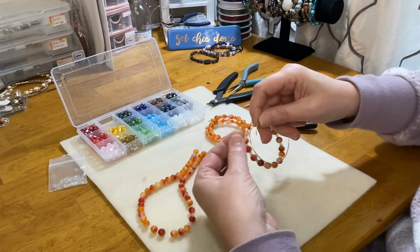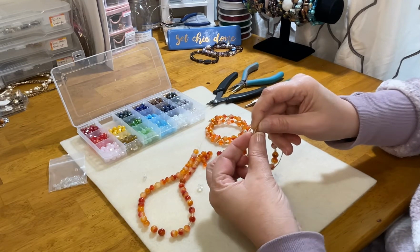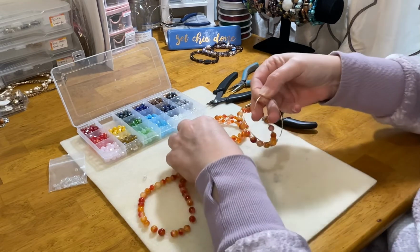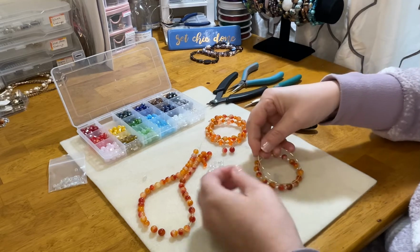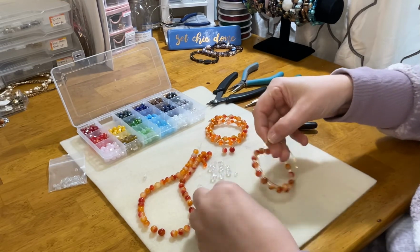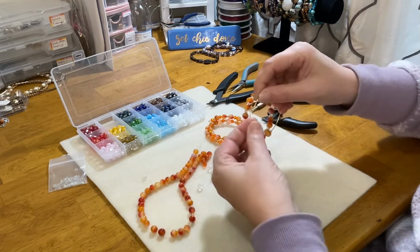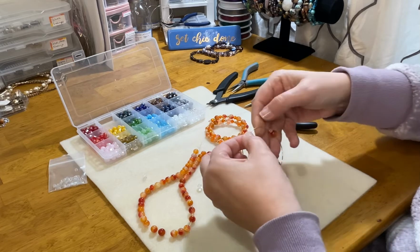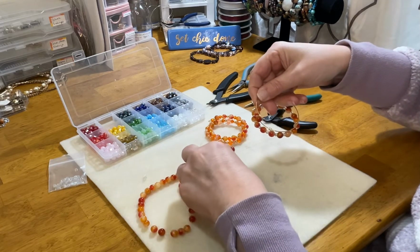These are really super easy to make, you guys, and they last a nice long time. Another really cool thing about memory wire bracelets is that they retain their shape. And if you're not familiar with memory wire, it expands